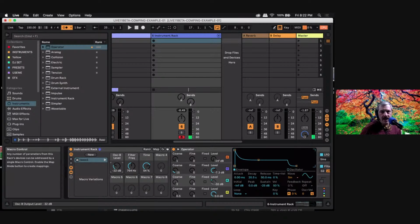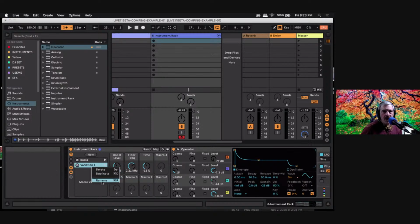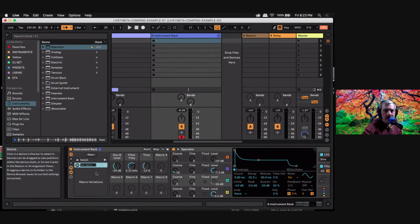And let's say I liked that one, I didn't end up with it, with another variation that I love. But if I hit new and save that, then this is kind of like the prep work I would do before I got busy writing a tune. I would spend a little time getting not just one version of this bass sound, but 6 versions of this bass sound, all in this nice single rack space,